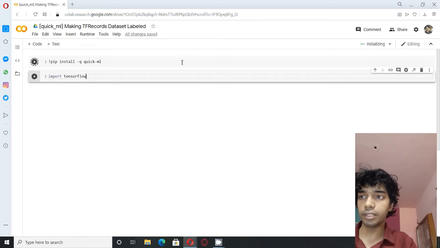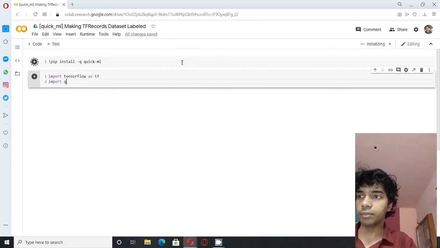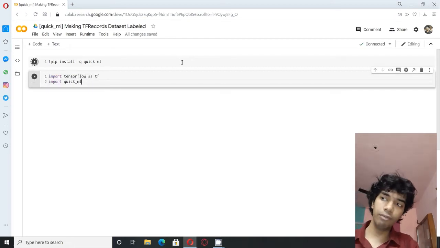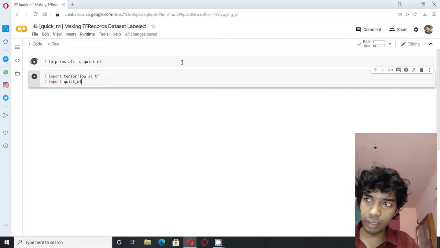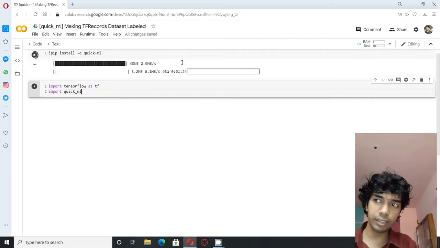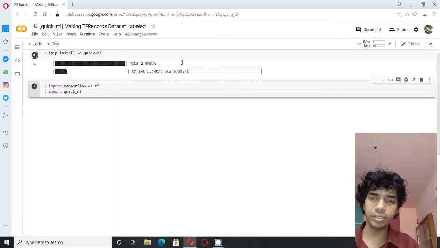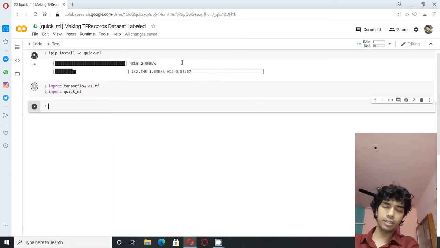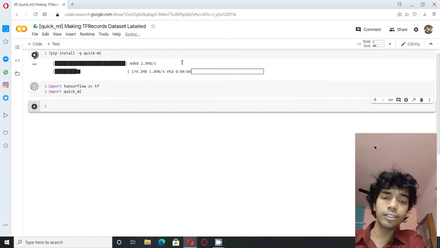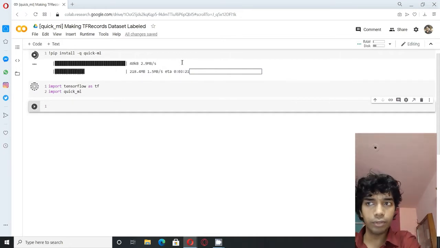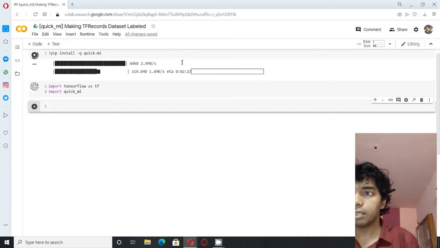First, you need to import TensorFlow, then you need to import QuickML. After the successful installation of QuickML as well as the correct import, you must obtain a line which says TensorFlow imported successfully, along with the TensorFlow version. If it is not, please make sure you are using the most stable and verified version of QuickML.